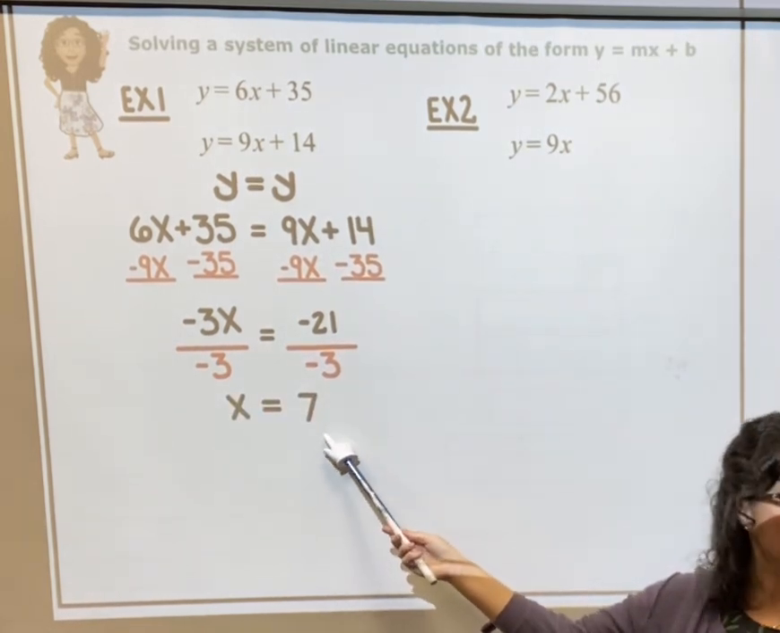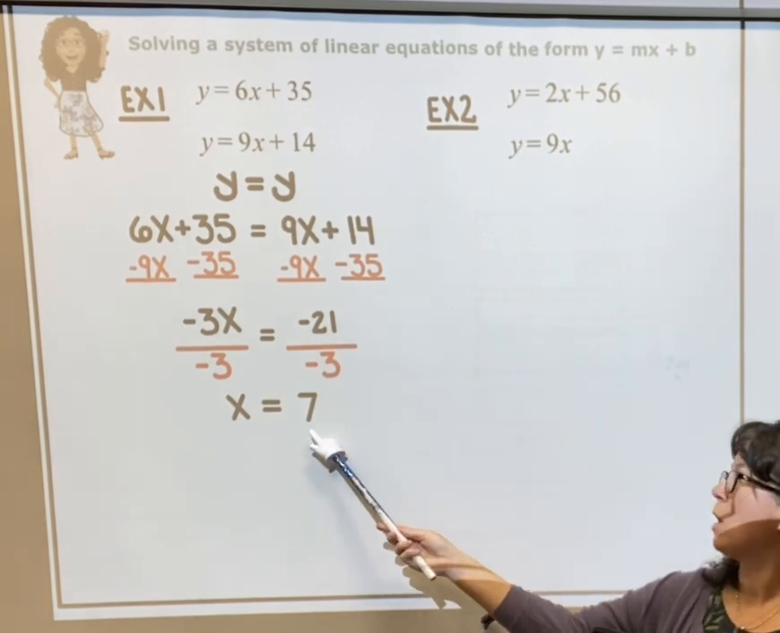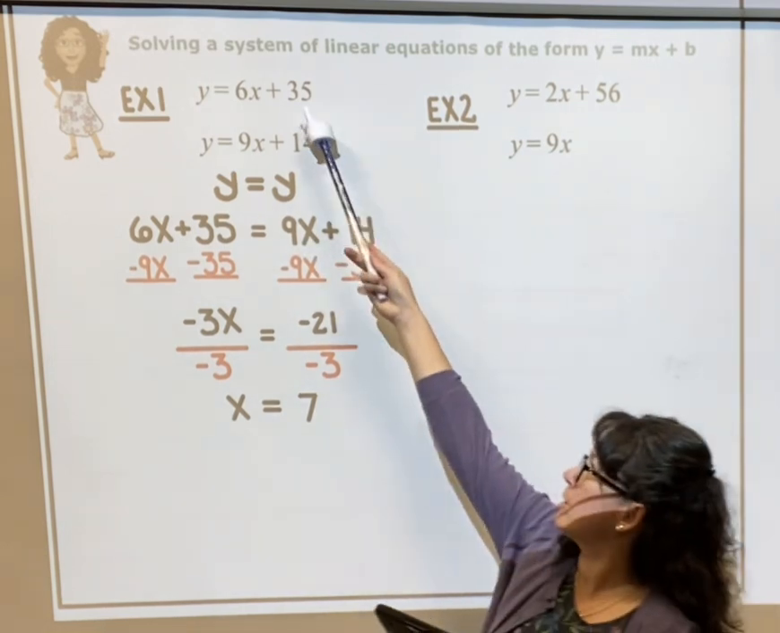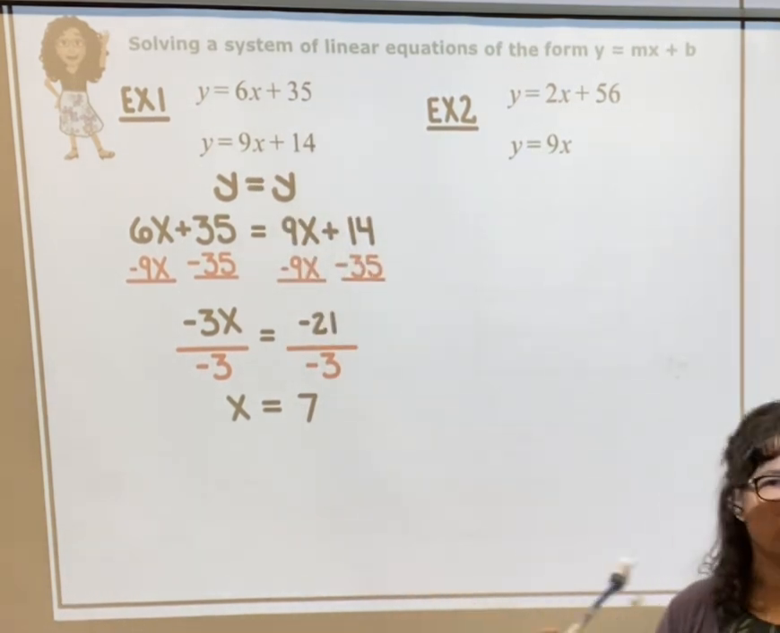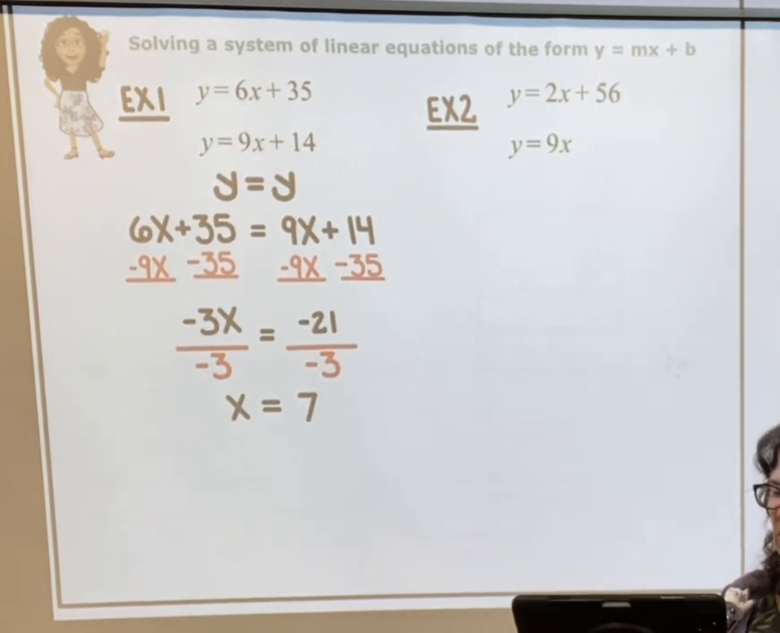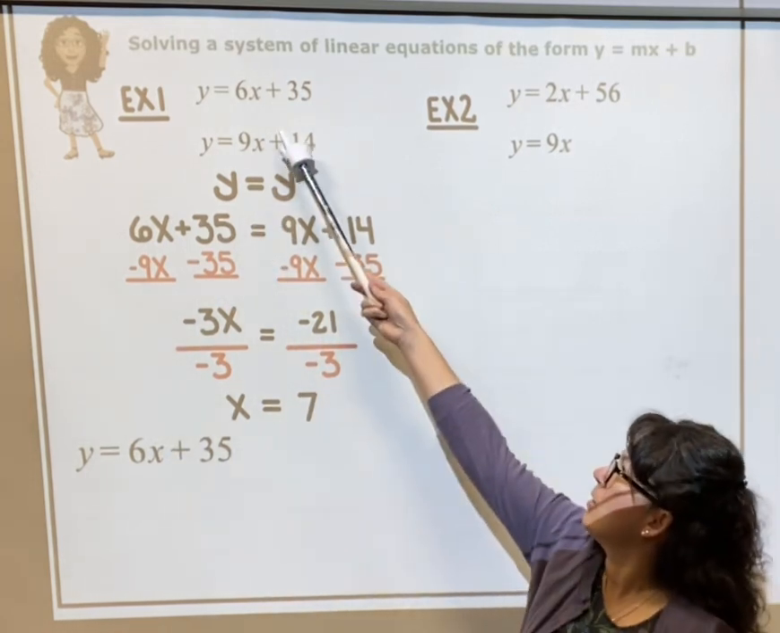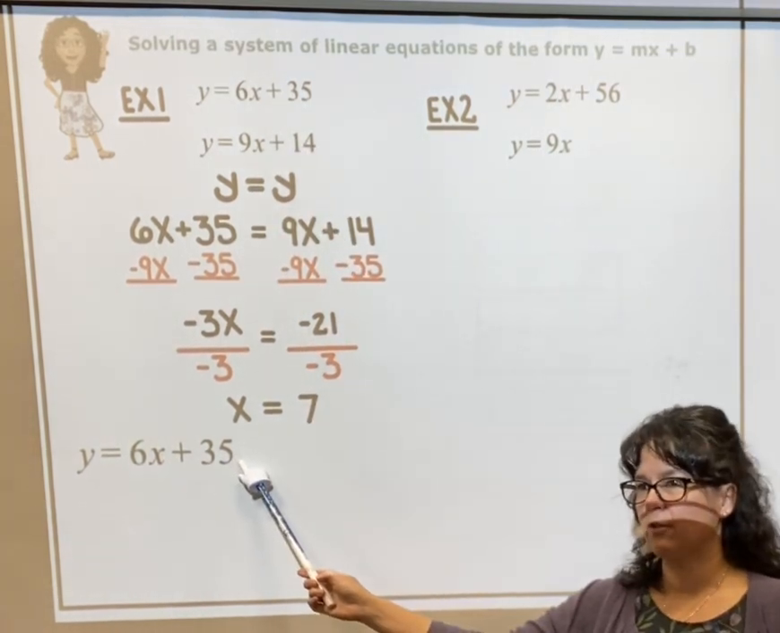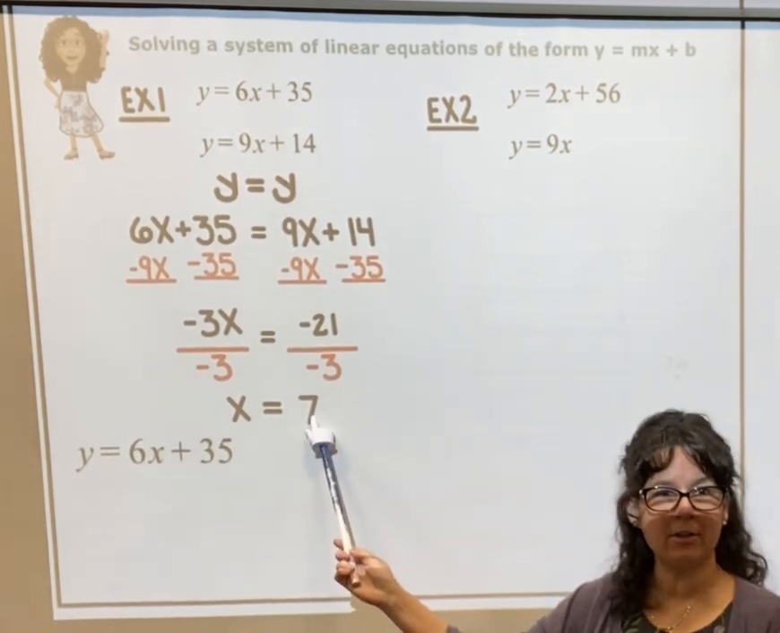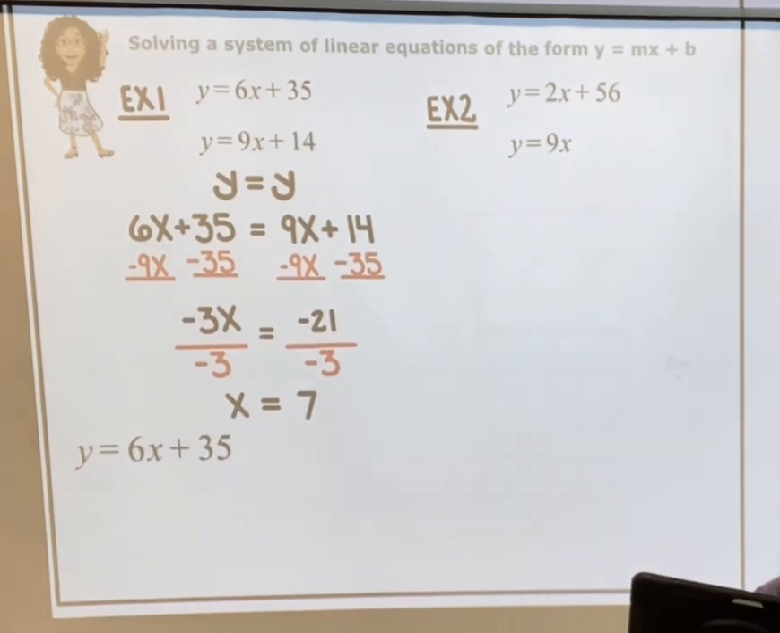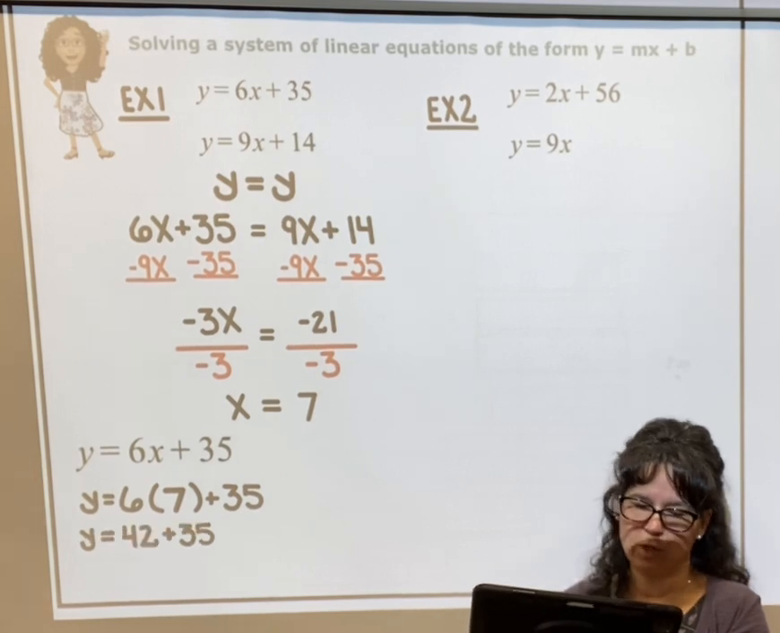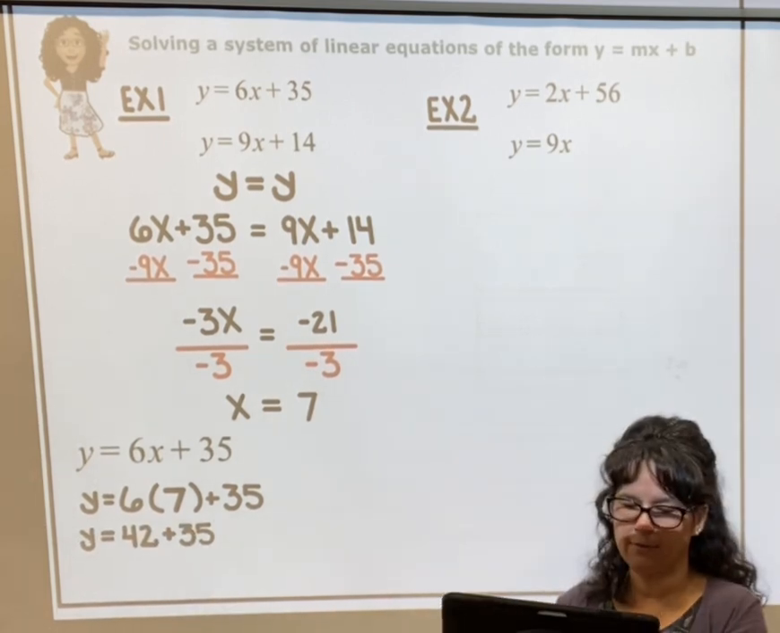From here, it doesn't matter which one of the original equations you go to. I could grab the top one or the bottom one. It's your choice. You'll get the same answer either way. So I'm going to, for no particular reason, grab the y equals 6x plus 35. And now I'm going to replace the x in this equation with the number 7. So if I replace the x with 7, following PEMDAS, 6 times 7 is 42, and then add the 35,